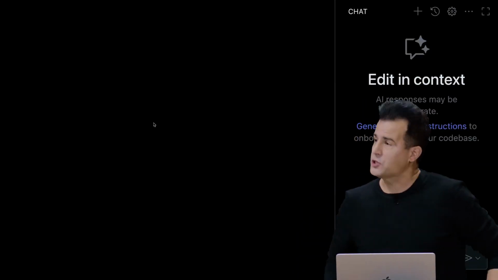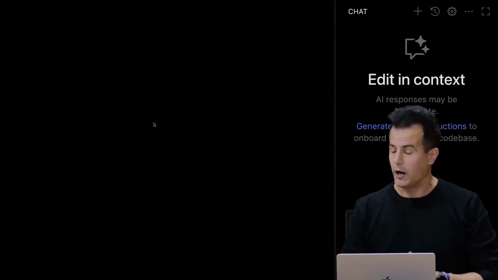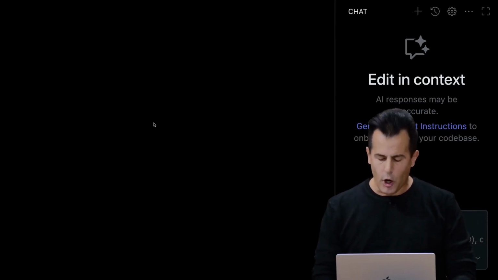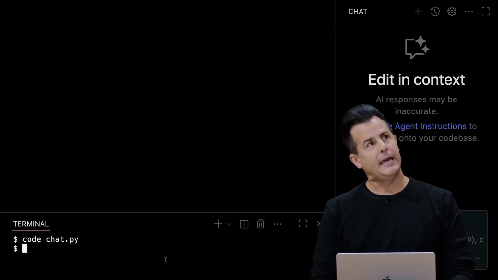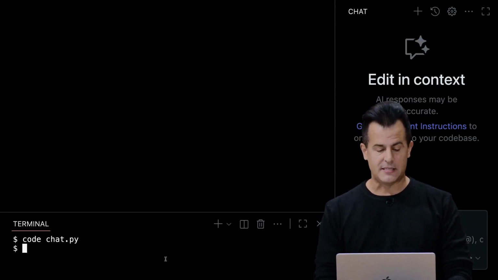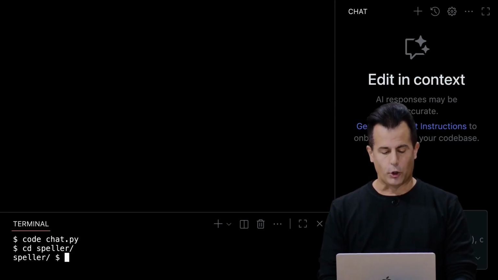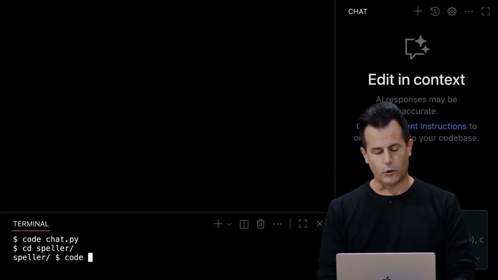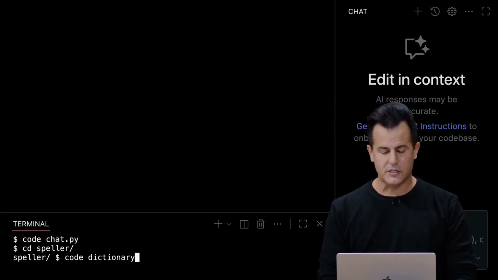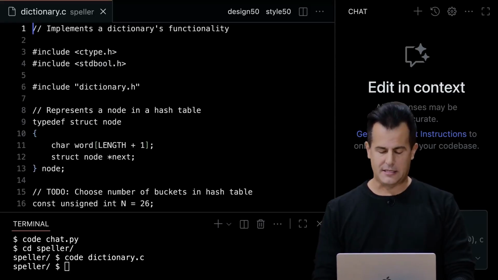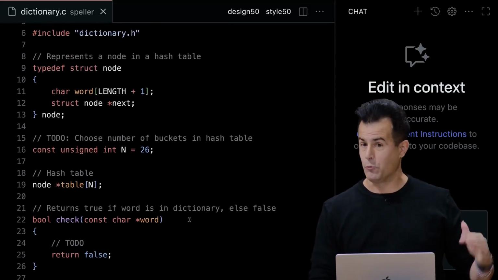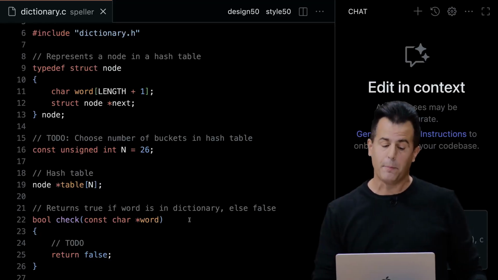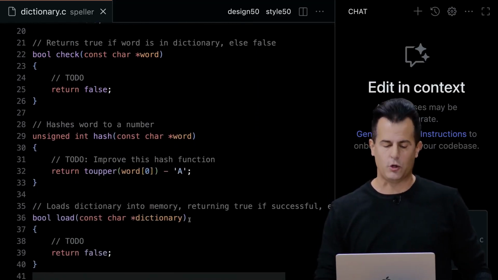So here again is VS Code. For those unfamiliar, this is the programming environment we use here with students. And let me open up some code that was assigned to students a couple of weeks back, namely a spell checker that they had to implement in C. So I came in advance with a folder called Speller. And inside of this folder, I had code that day, and all students had that week, called dictionary.c. And in this file, which will not look familiar to many of you if you've not taken weeks 0 through 7 up until now, we did have some placeholders for students.